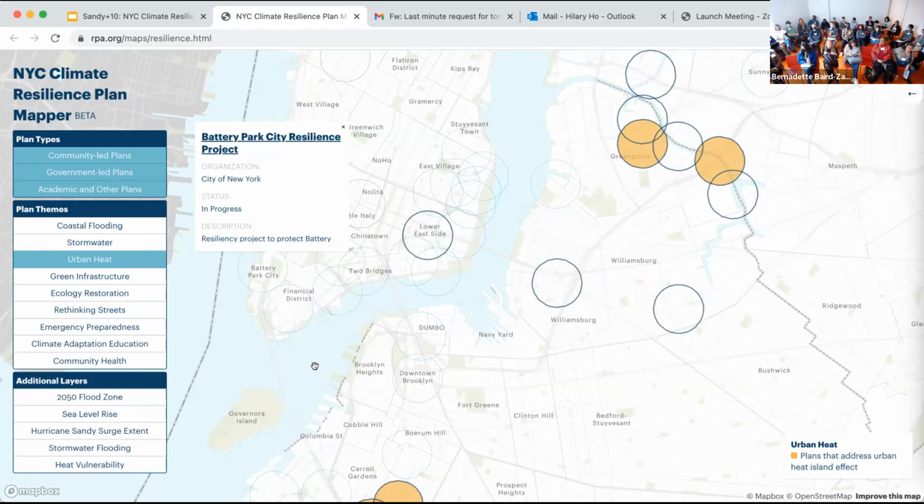And there are even environmental groups like Swim Coalition, for example, and Riverkeeper, that are trying to work on mapping tools and water quality maps. So maybe the question is, how do you hope that this resource can align with and support those other initiatives rather than consolidate on the Regional Plan Association's website?